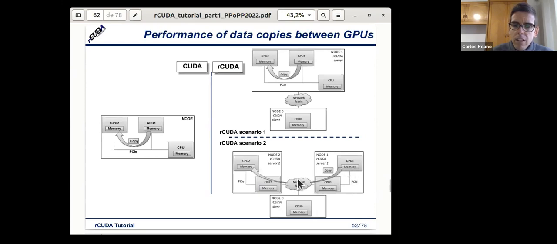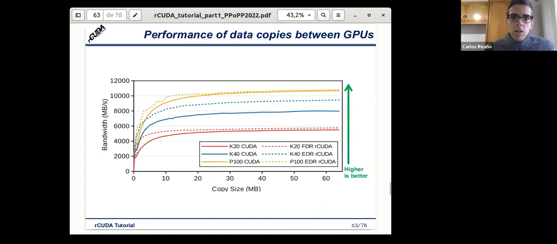So the copy between GPUs is going to be also done through the network. Here we are showing the copies from GPU to GPU, and we can see that again we have very good results, and there is no performance loss when we compare to CUDA.